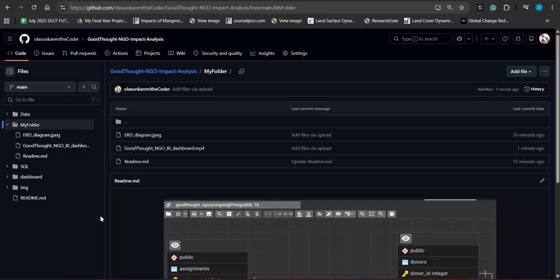GitHub Readme file, and the process of adding video into the GitHub Readme file is quite different from it. So for new page issue, come over to issue, click on